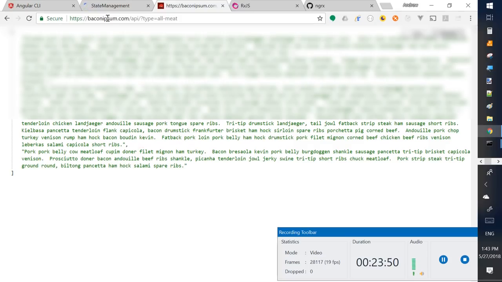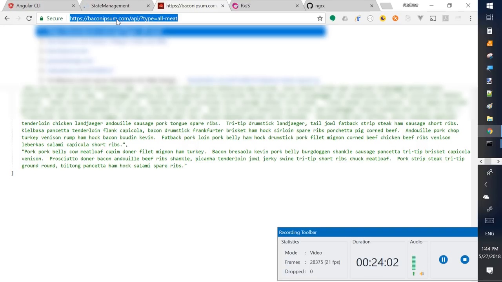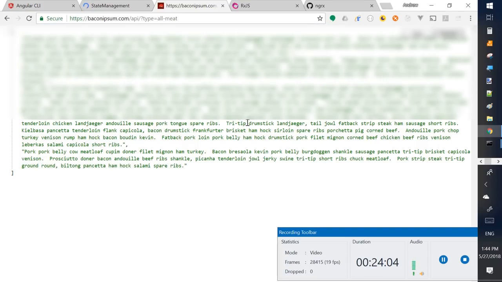It's free to use, so I just went ahead and I'm going to use this one. It basically generates random kinds of meats, which is actually why I decided that I was going to go with a food application as the topic of choice. So I'm going to go ahead and copy that,